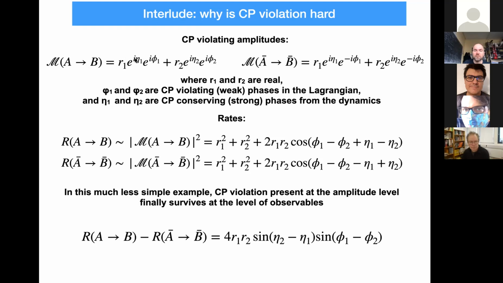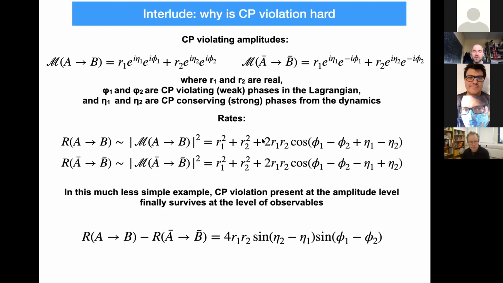So there is a phase of this amplitude that doesn't change sign if you go to a CP conjugate process. And these kinds of phases are often called strong phases, because, for example, they arise in strong dynamics, but not only. There are several possible sources of this phase. For example, phases in loop amplitudes, when one of the particles in the loop goes on shell, give you a strong phase, or a width of a propagating particle, or more generally propagation of a particle gives you a strong phase. So there are the strong phases, but they have to be present together with the weak phases, and only then,